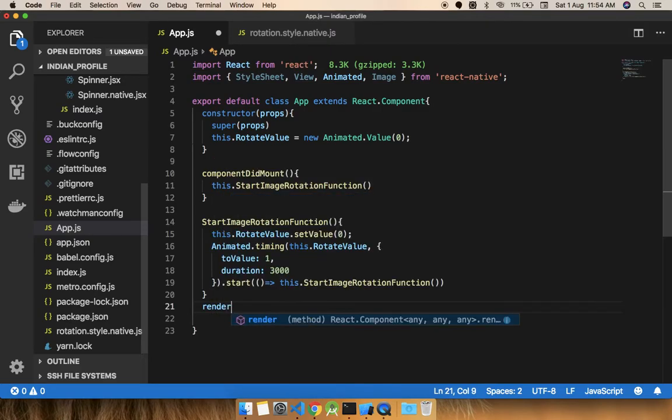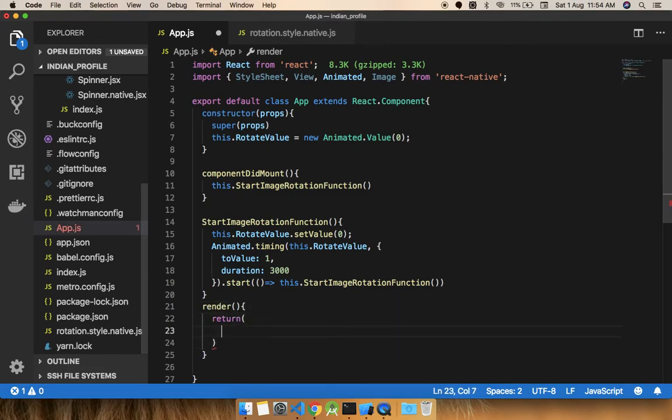Then we have a render, and inside the render we have return. We need to make a View first, and here is the end of the View. We need to pass some kind of style.